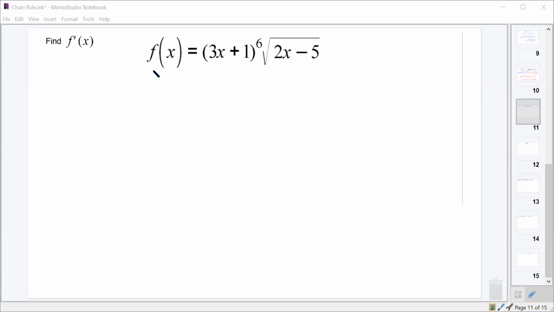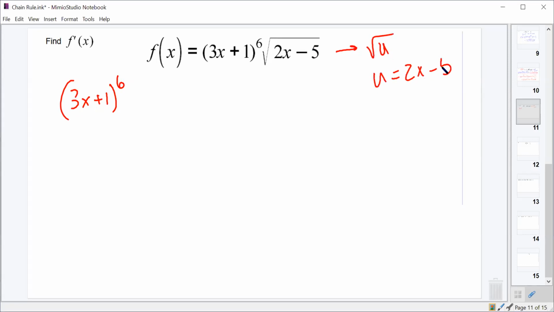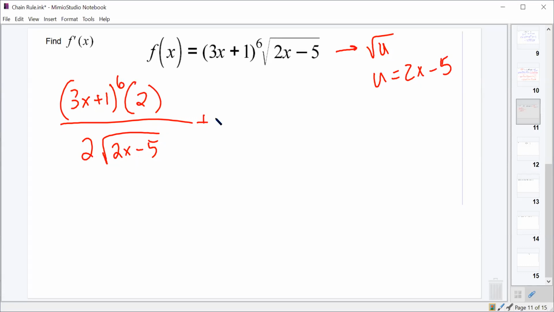All right, let's start going through it. So 3x plus 1 to the 6th times root 2x minus 5 is a product rule. So 3x plus 1 to the 6th. And then the derivative of root 2x minus 5, we call that root u, with u equal to 2x minus 5. So the derivative of root u is 1 over 2 root u times the derivative of u, and then plus the root 2x minus 5